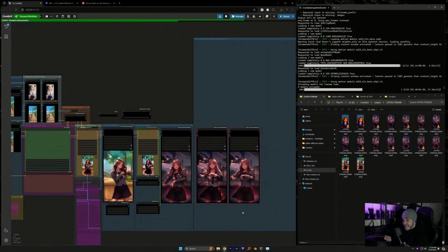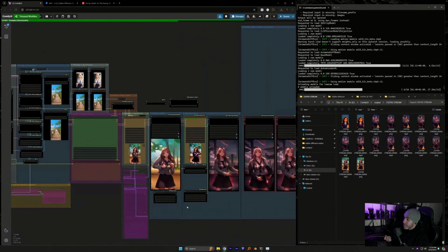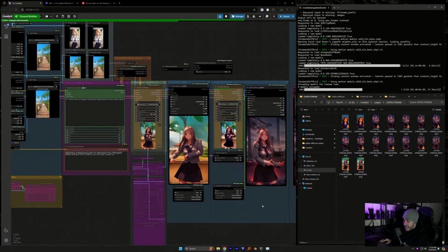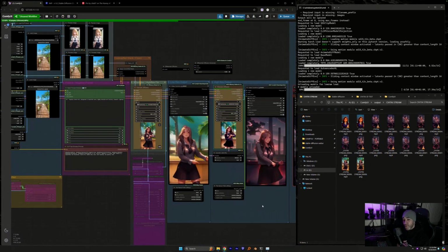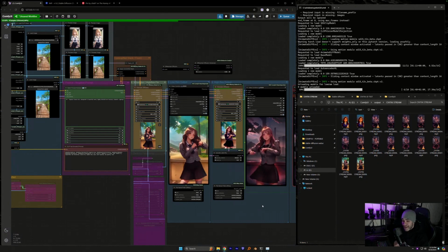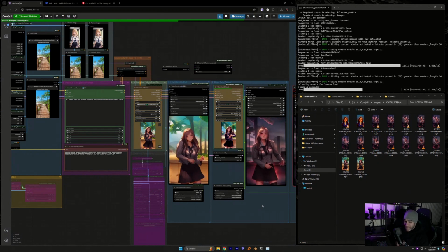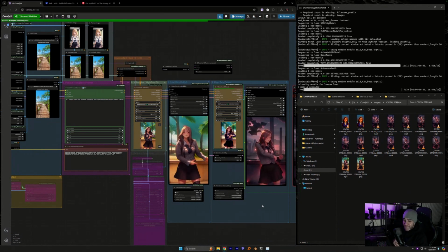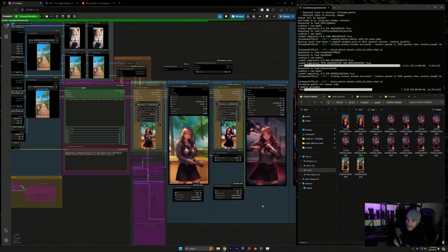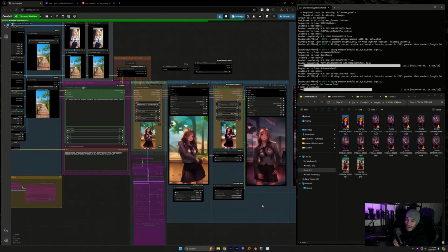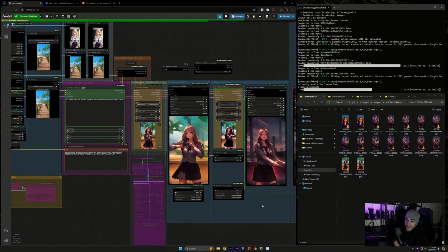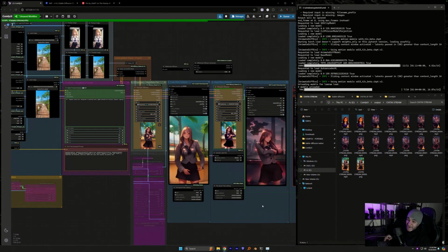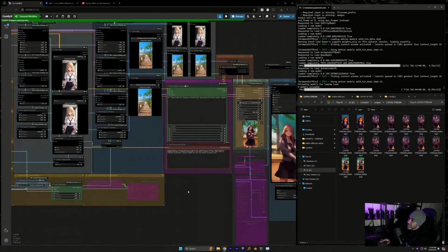And yes, Engelstein, for all purposes today, this will be the waifu workflow. Do you think more people will download it on Civitai if I call it the JBoog's waifu workflow? Or like the official Civitai waifu workflow? If we name it that, do you think more people will download it? So yeah, probably, right? Okay.